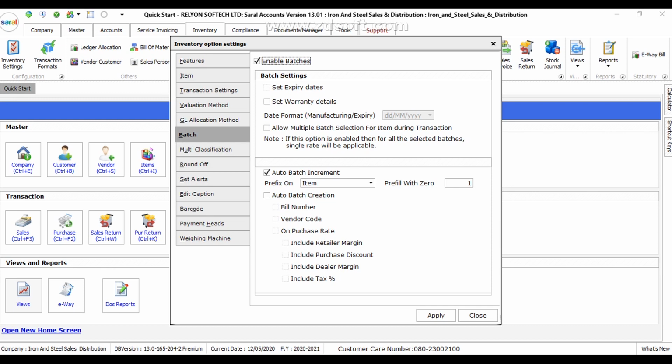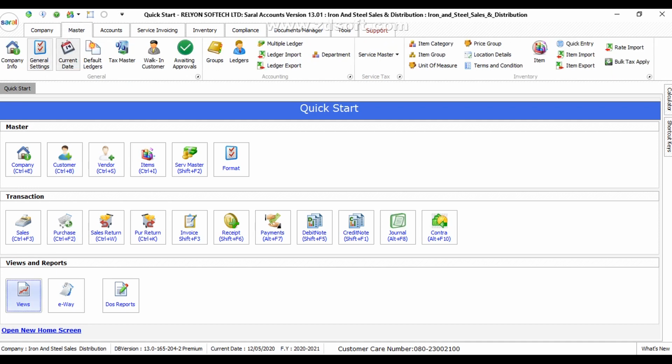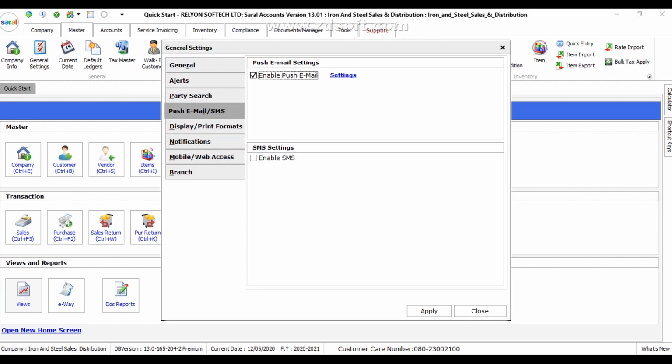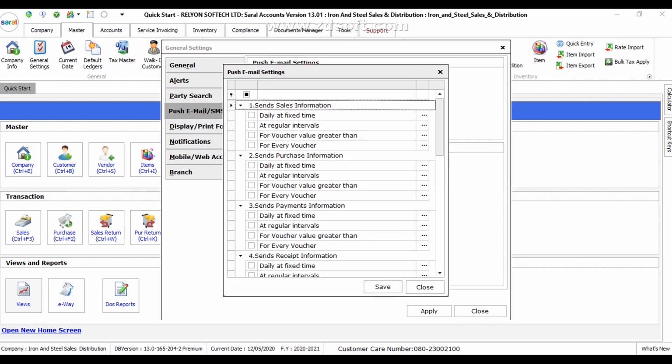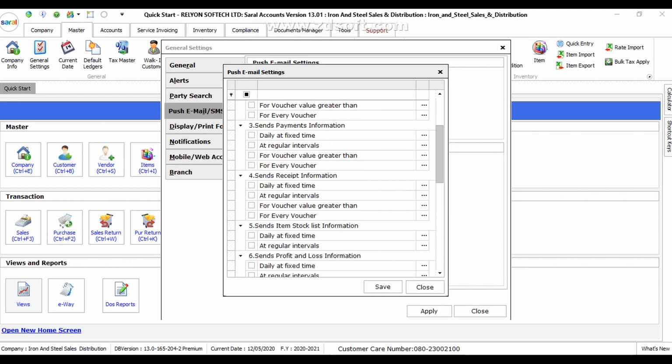Okay, these are the main features which we have given in Saral Account. Apart from this, there are some notifications we have provided where we can send emails for different notifications. These are the notifications for which we can send the mails.